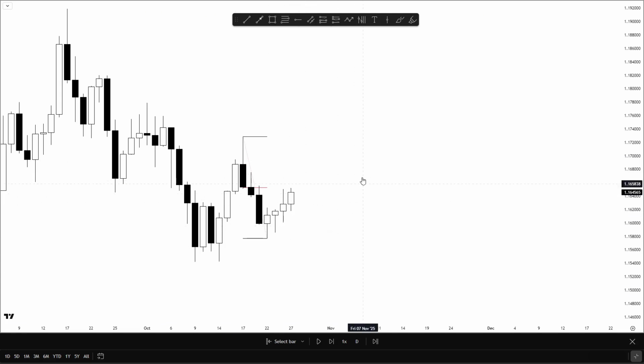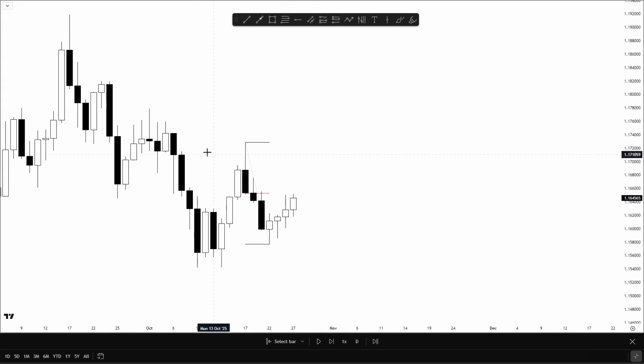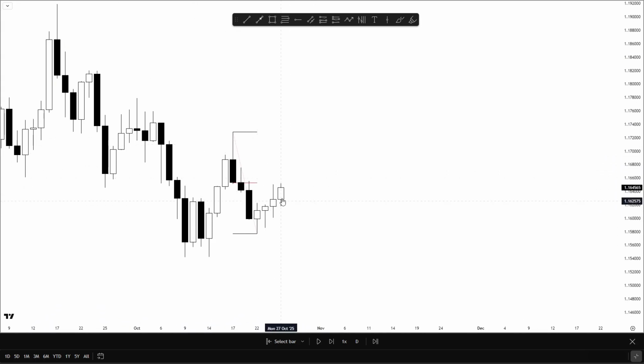Now, let me give you an example regarding how to build a proper market context on the 4-hour time frame in alignment with the directional bias on the higher time frame. This example is an actual trade that I executed myself last week on Monday. If you watch the breakdown, then you would know that my directional bias on Monday,